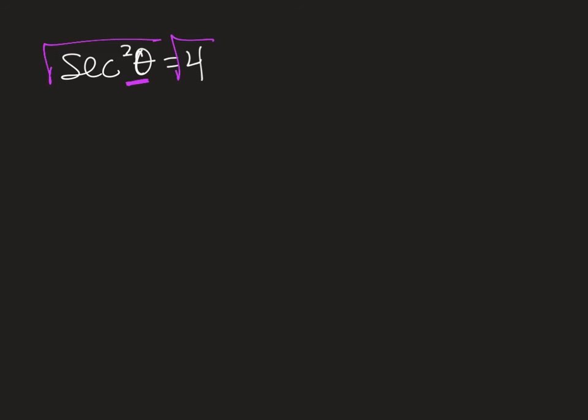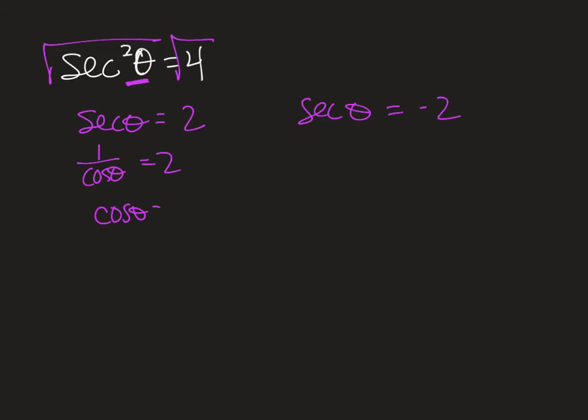So you're going to get secant of theta equals a positive 2, and secant of theta equals a negative 2, right? And remember, secant is 1 over cosine. So that really means when I cross multiply and divide, I'll get cosine theta equals 1/2. And then cosine theta, this one over here, will give me negative 1/2. So I need to find my angles where